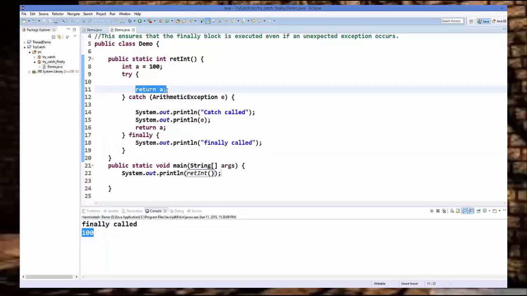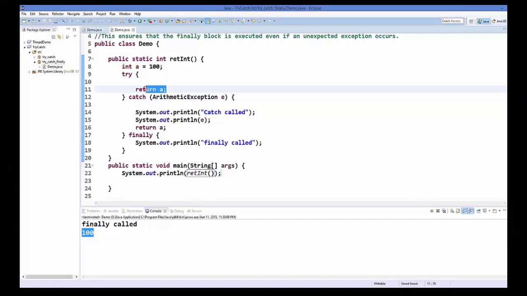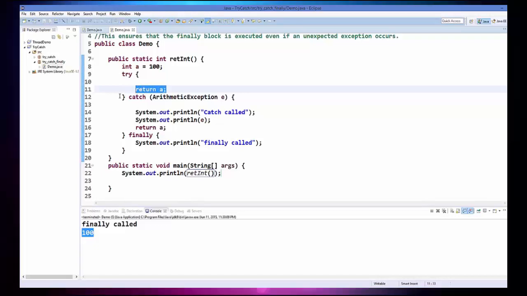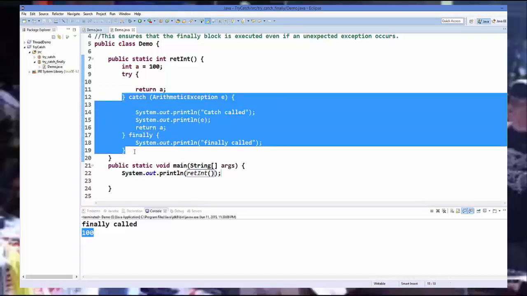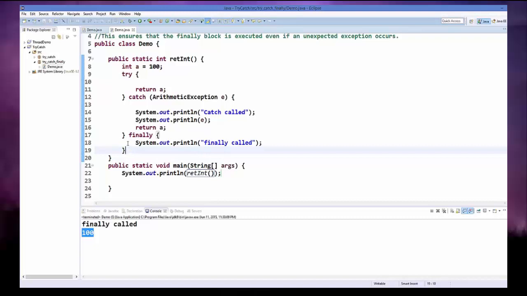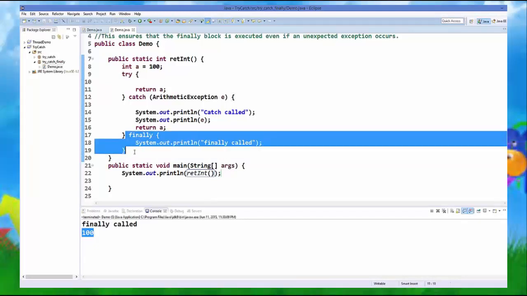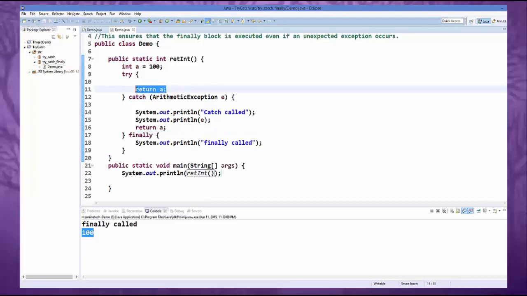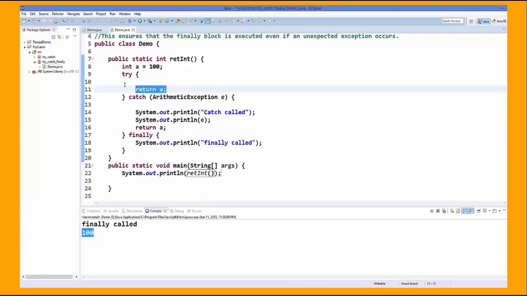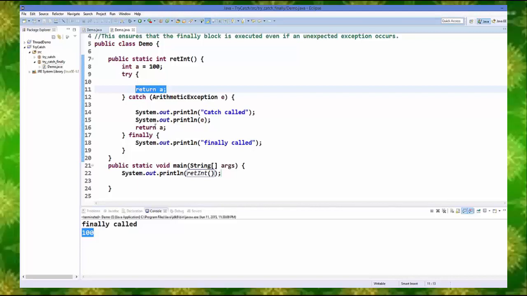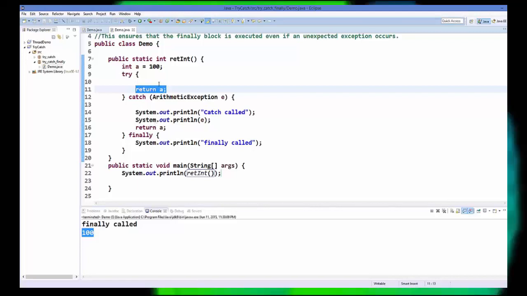Generally you would think that you are returning from here, then after return no code will be executed, but for finally it's an exception. Finally will be executed even if you are returning in the try block or even in the catch block also.